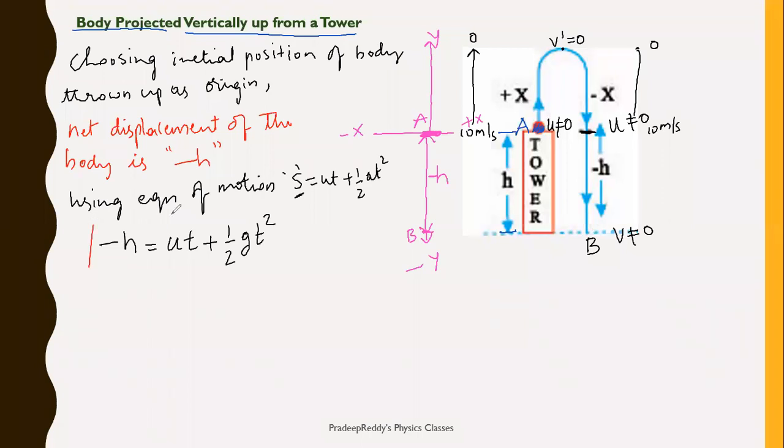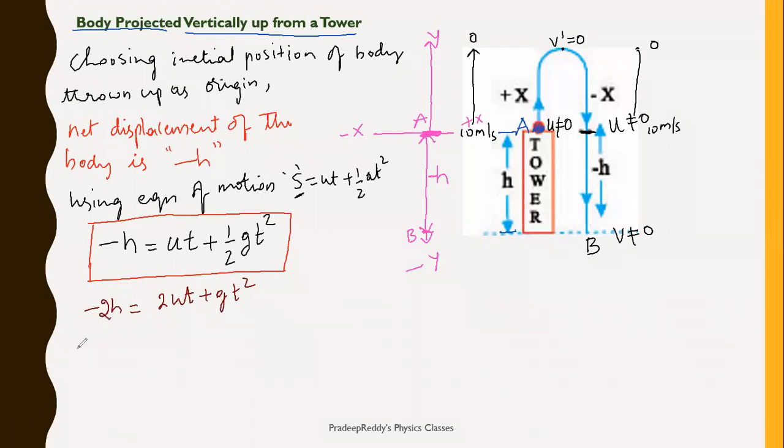When you are throwing a body from the top of the tower, you need to take this equation as minus H is equal to ut plus half gt square, where the g value, don't take it as negative, you should take it as positive only. Don't get confused over here. Net displacement only I am considering as minus H, the remaining is as it is, ut plus half gt square. Now from this expression, I'll go with mathematical simplifications. You can write this as minus H is equal to 2ut plus gt square divided by 2. That 2 I am writing here.